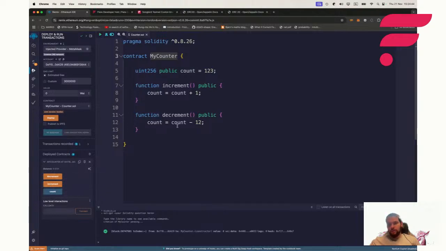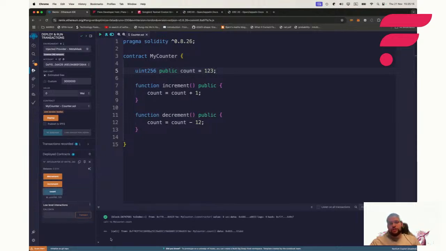So, recall before, we've created a decrement, an increment, and we've created the public field count. Solidity works in such a way that any fields you declare public immediately get an auto-generated getter that shows their value to anyone that wishes to see it, without you having to define the function. Then you can easily click here and interact with the contract. So if I click count,